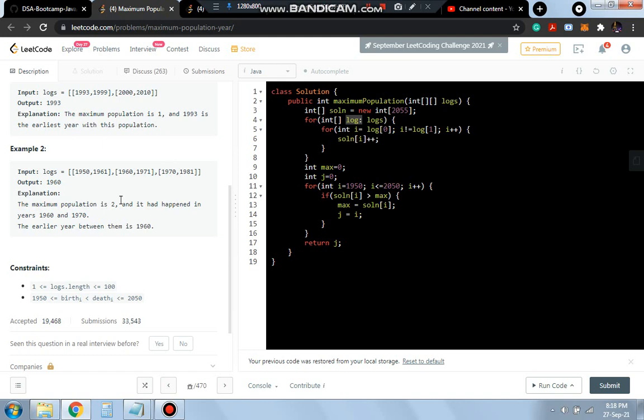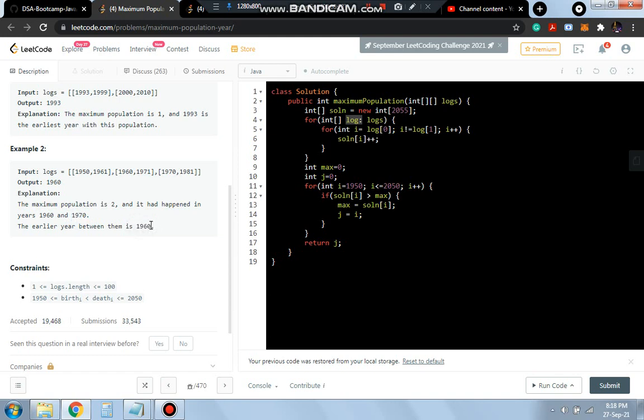Now in which year was there a maximum population? Till 1960 there was 1, and from 1960 to 1970 there was 1. So in the year 1960 we had 2. Same thing, in 1970 we had 2. But which is the earlier year? Earlier is 1960 in comparison with 1970, right? So we'll return 1960.